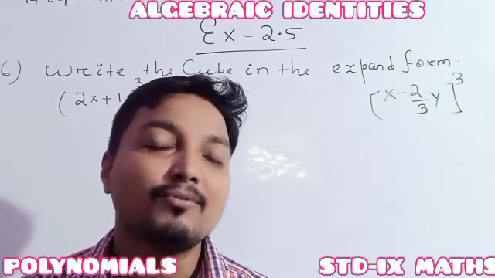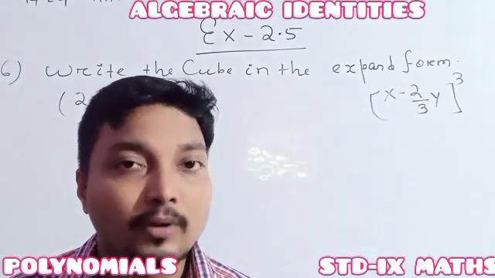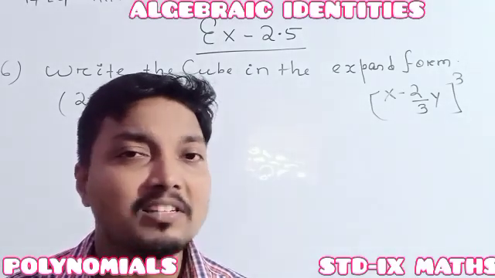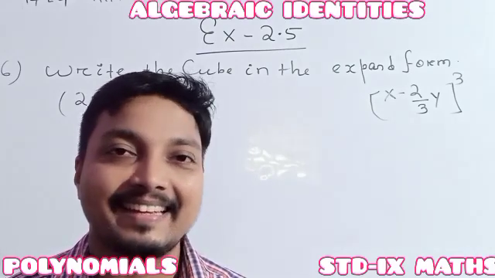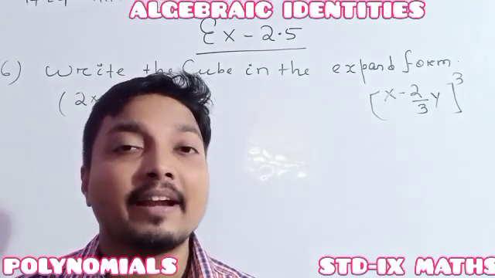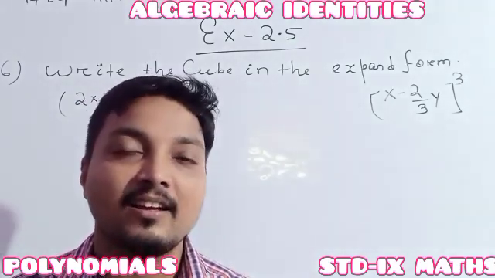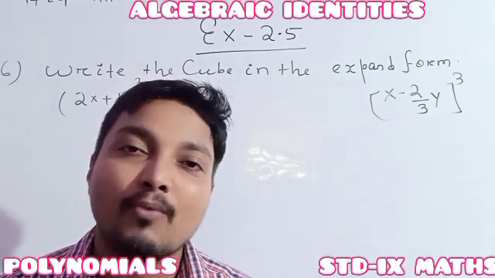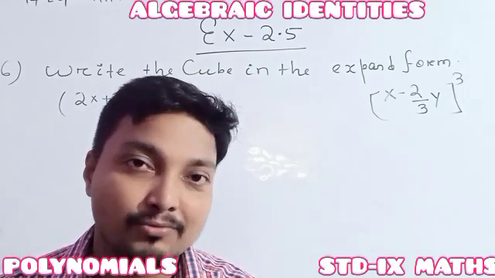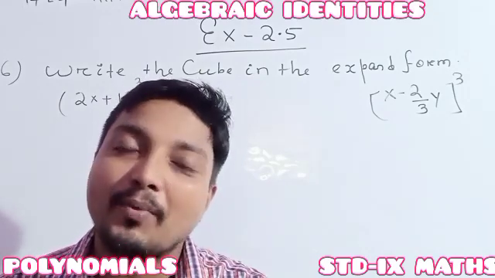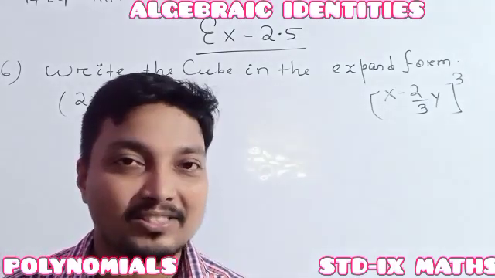Actually, we have to do the discussion of our exercise 2.5 and whatever questions there are today. All these questions are related to our algebraic identities where the degree is 3. In my last class, we already covered the algebraic identities of degree 3, just like x plus y whole cube, x minus y whole cube, x cube plus y cube equal to how much? And x cube minus y cube, it is also how much?